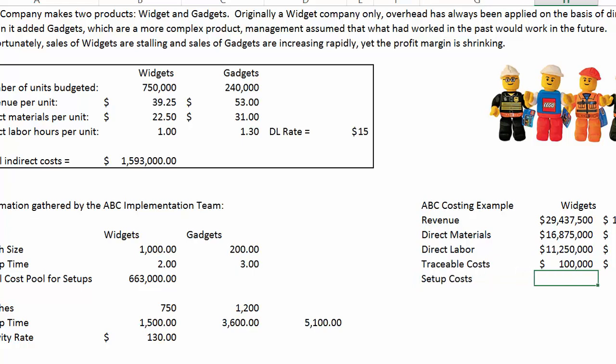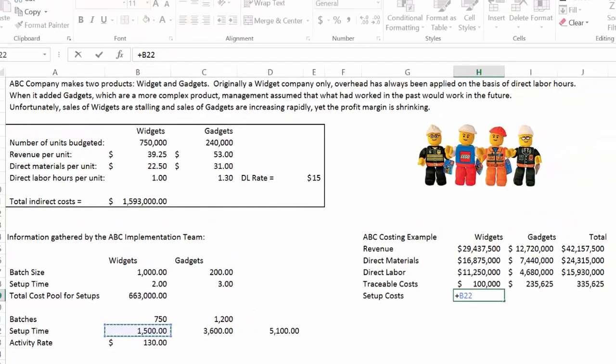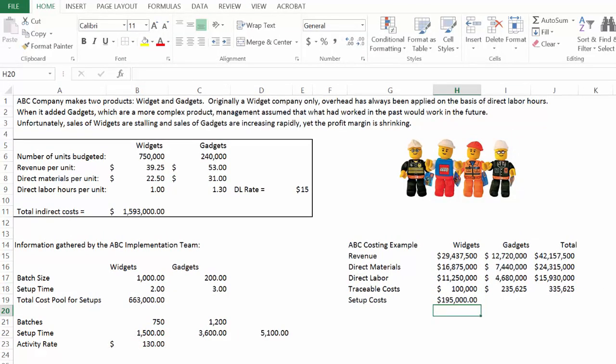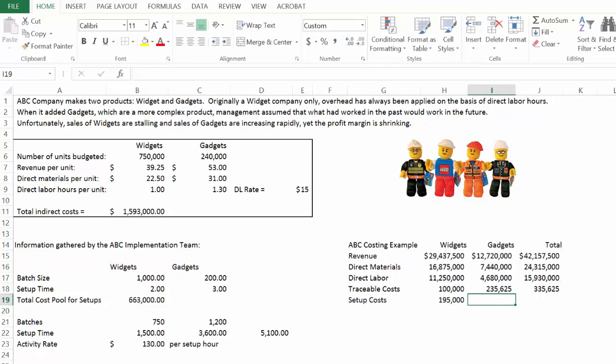For widgets, we're going to have 1,500 hours, and the activity rate is $130 per hour. I didn't label that, so I probably should have said per setup hour here so that we know what we're talking about. And we can do the same thing for gadgets. We're going to have 3,600 hours times a rate of $130. And so my total cost is